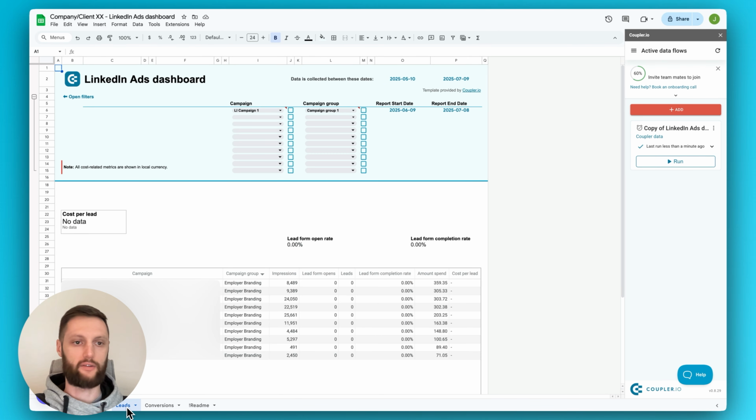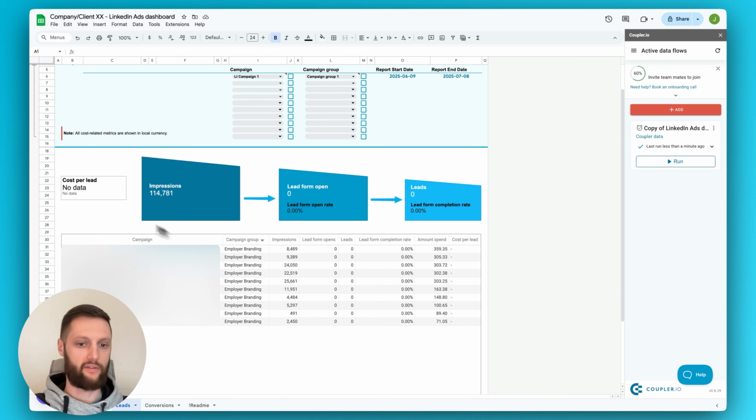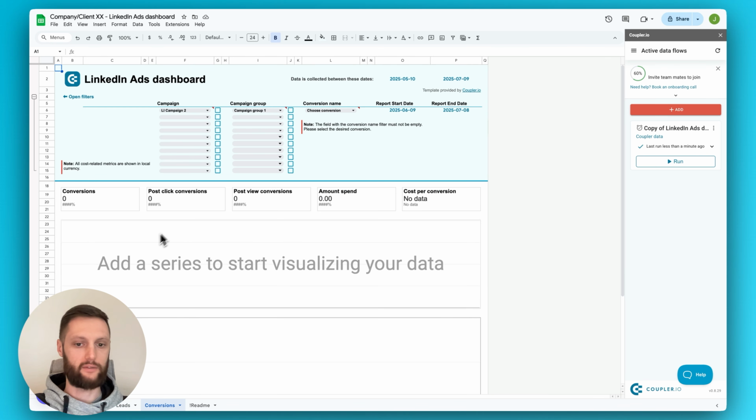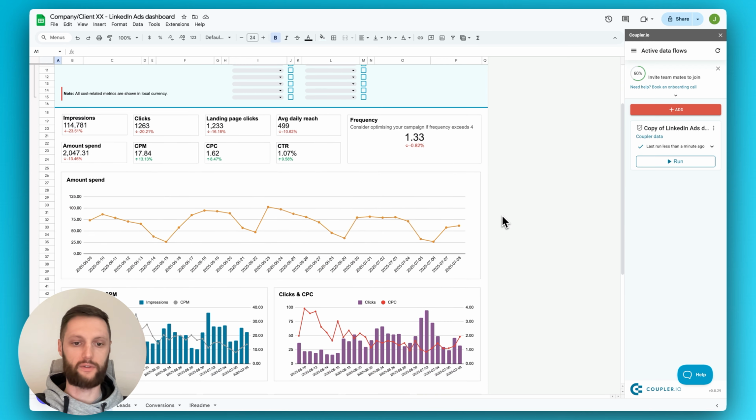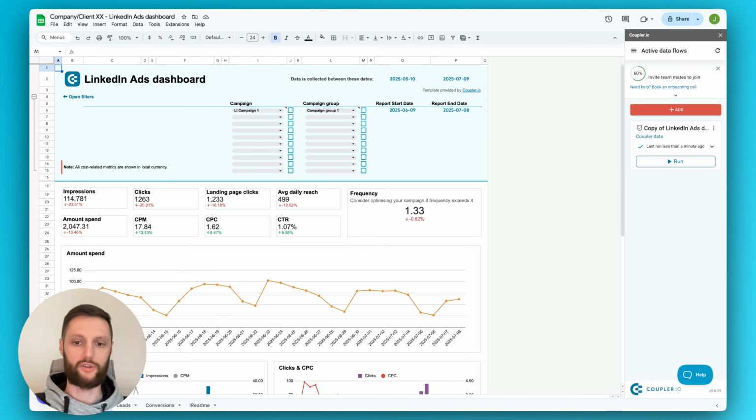automatic. And I don't have any leads in here. I've got no conversions, so nothing is showing up, but everything that is possible to be visualized will be visualized in this